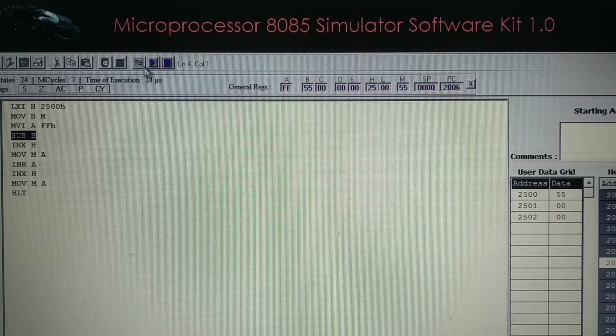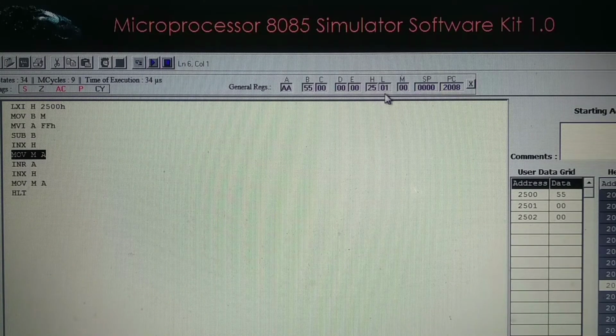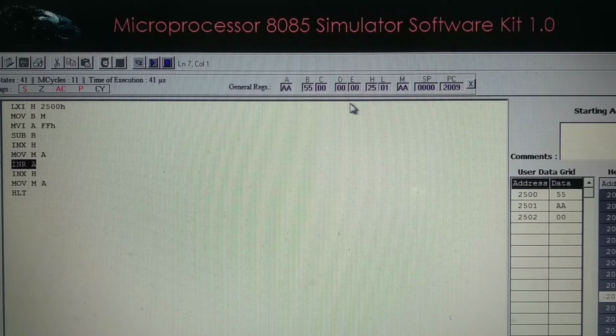Execute the next instruction. In the accumulator, you will get the number FF. Execute the next instruction: FF minus 55. In the accumulator, you will get AA. INX H: HL gets incremented by 1 and becomes 2501. MOV M,A: at present memory holds 00, and the content of A is transferred to memory.